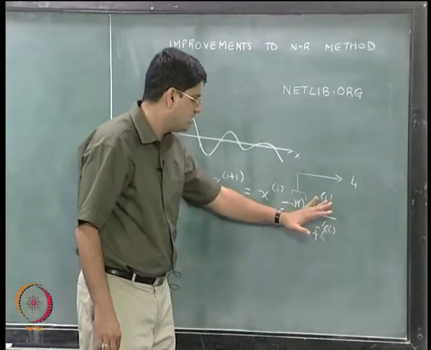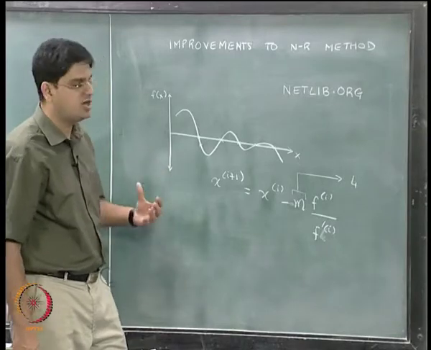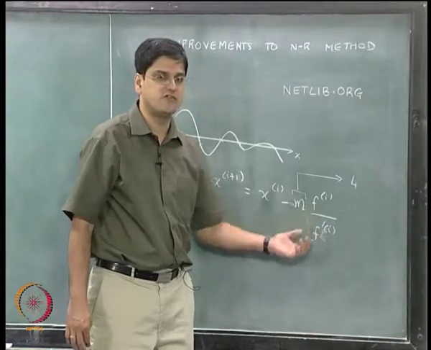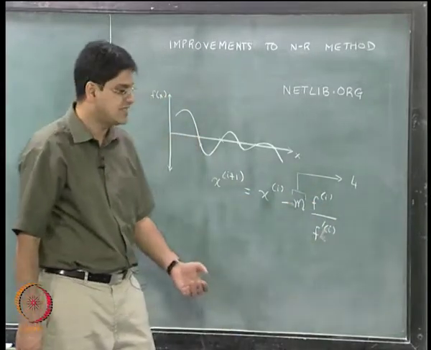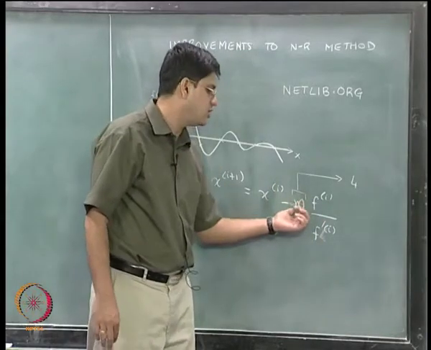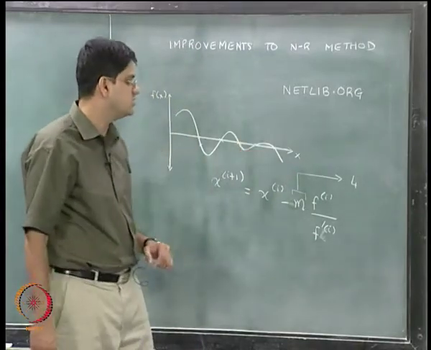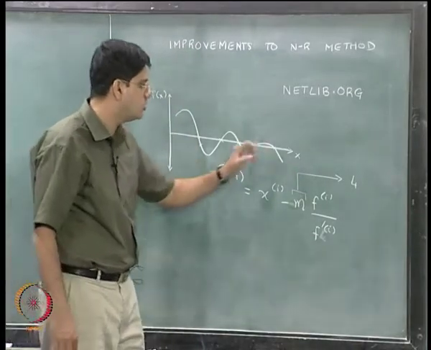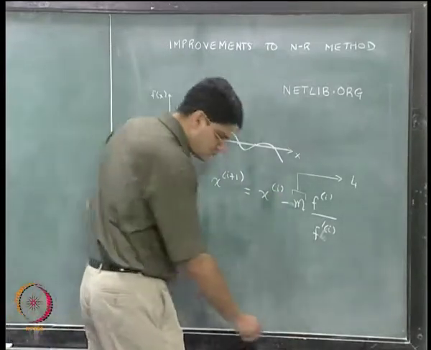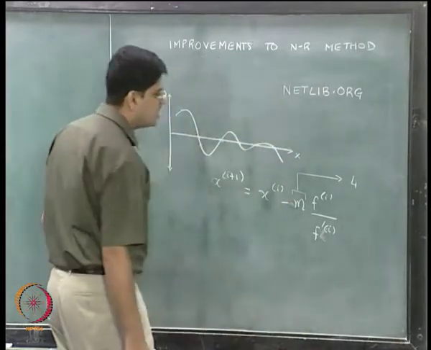The problem with choosing this m is, in general, when we are given a general f of x, we do not know a priori how many times this f of x is going to intersect the x axis. If that information is not known a priori, we may not really be able to use m equal to 4, for example, in this particular case, if we do not know that 4 roots of this particular equation exist. So that is one issue with this particular method.